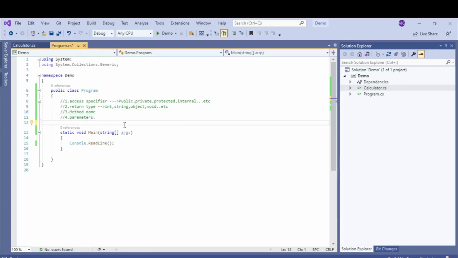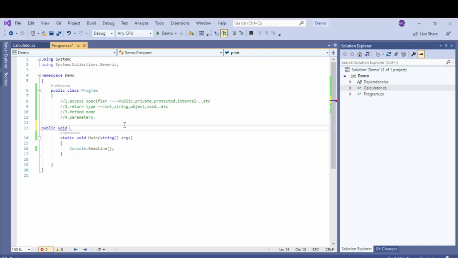Let's create a method which will print hello world for me. I'll be using the access modifier as public, and the return type, as I said, when we are not returning anything from the method, should be void. Method name should be a logical representation of why you are using the method.